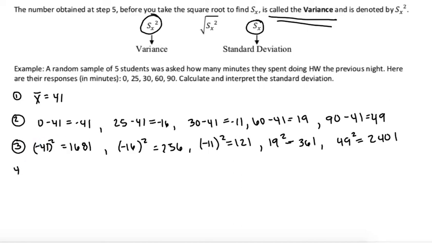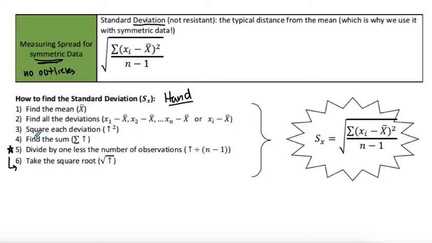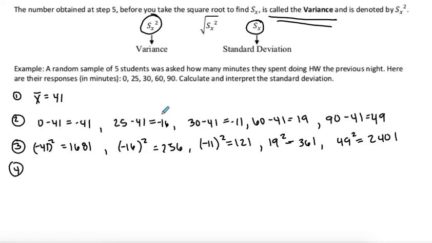My next step is to find the sum of all those squared deviations. So I'm going to take 1681 plus 256 plus 121 plus 361 plus 2401,